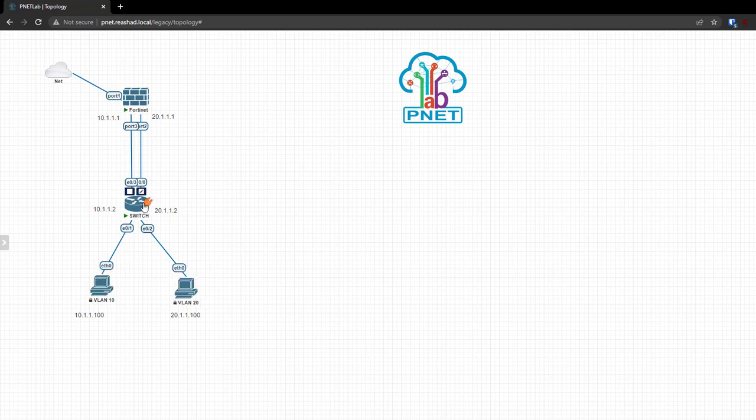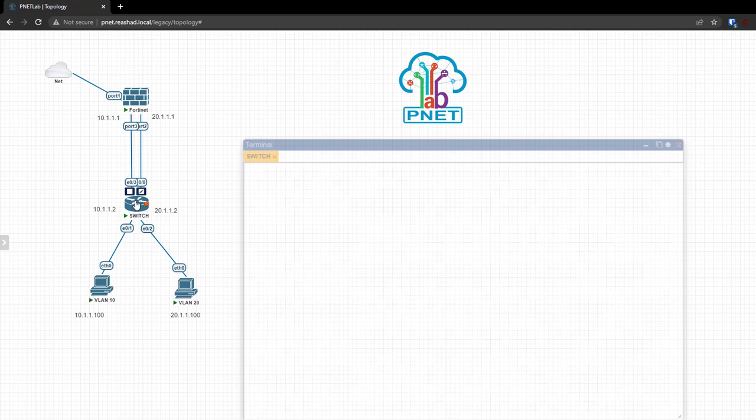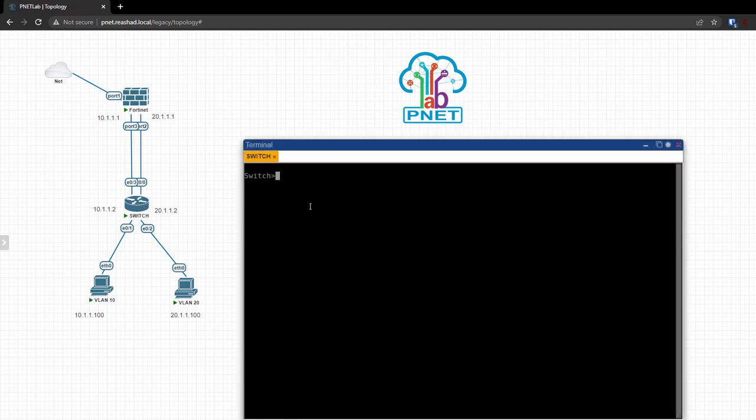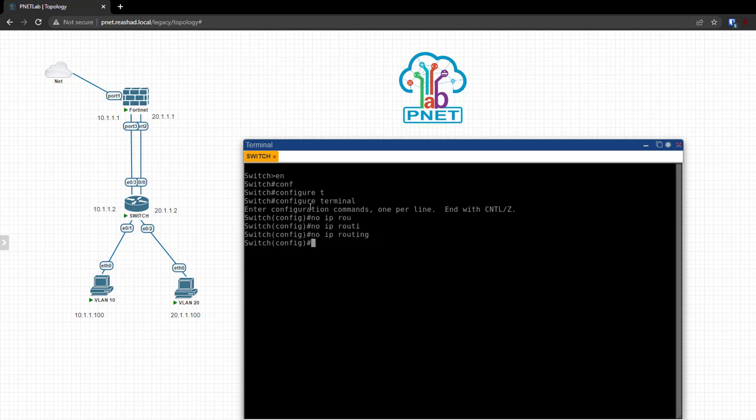The first thing I'll do is go to the switch, and this is a layer 3 switch image, so I will just turn off routing. No ip routing is the command, so it will stop all the routing here. So first thing I'll do, I'll create two VLANs, VLAN 10 and 20. Let's do it. VLAN 10, VLAN 20,